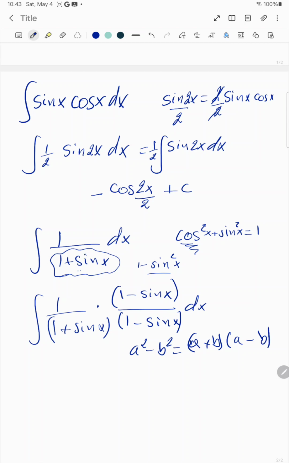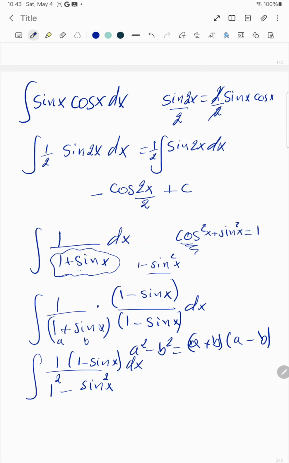I will put the plus here. It's the same thing, a plus b times a minus b. I put the plus here because I started with a plus here. But you can put a minus b times a plus b, and it will be the same thing. So now I can replace, and in that case, this is my a and this is my b. So a plus b times a minus b. So I can replace the denominator by 1 square minus sine x squared. But in the numerator, I would have 1 minus sine x